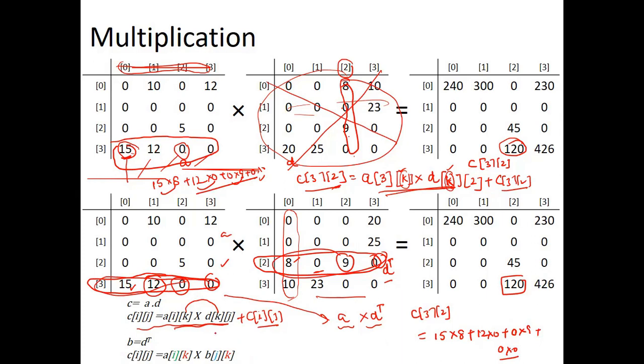If I say how to rewrite this formula, let D be the original matrix, and the second matrix B is the transpose of the original matrix. Now the alteration which will be done is in how to get Cij. Earlier C32 was being retrieved by keeping the first index as 3 and the second index as 2. Now for the transpose version, I will be writing C32 is nothing but